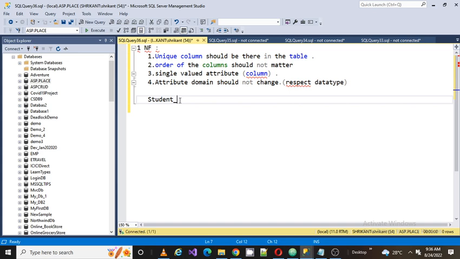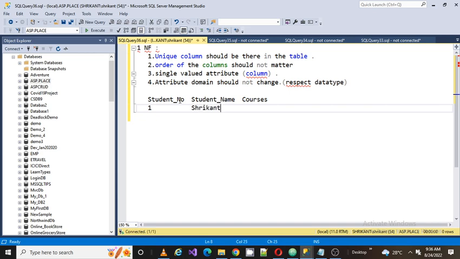Here I'm having student name, and here I'm having courses. Simple example. The student number is 1, student name is Shrikant,